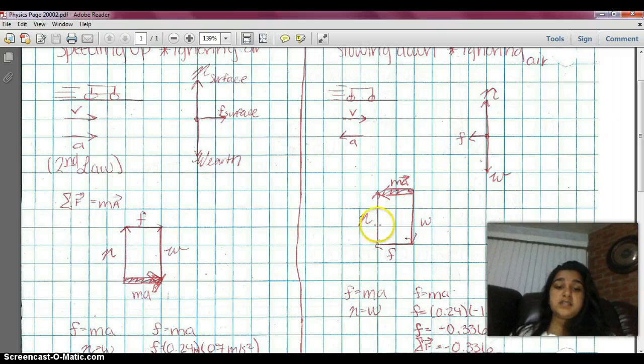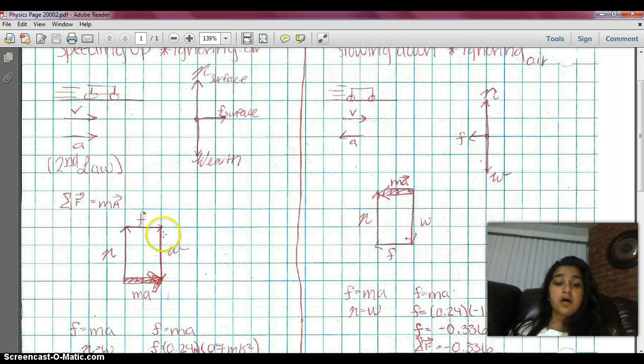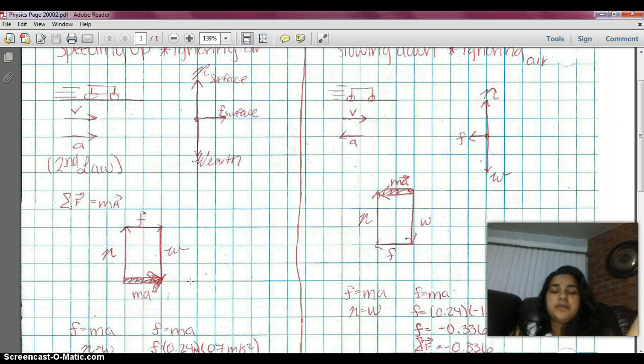As we draw this force diagram, normal force goes up, friction goes that way, weight goes down, and then MA goes that way. So basically we're following the second law. So force equals MA,